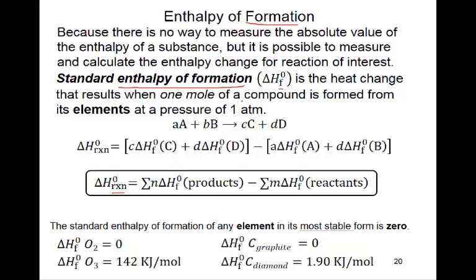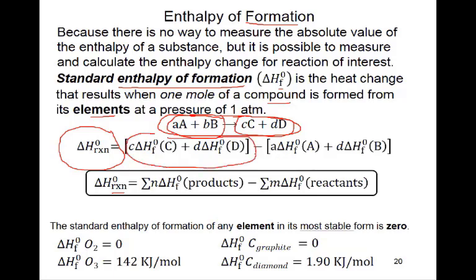So here it is saying that when you make a compound from its elements at 1 atmosphere pressure, which will not change, it is called the heat of formation. This is all the explanation, and this is the general equation: A plus B changes to C plus D. This is a complete reaction example, where C and D are the products and A and B are the reactants. When you want to calculate the delta H, just make the total of delta HF of the products minus delta HF of all the reactants. This will be equal to the delta H for the reaction. Now we will use this equation to solve the problem.